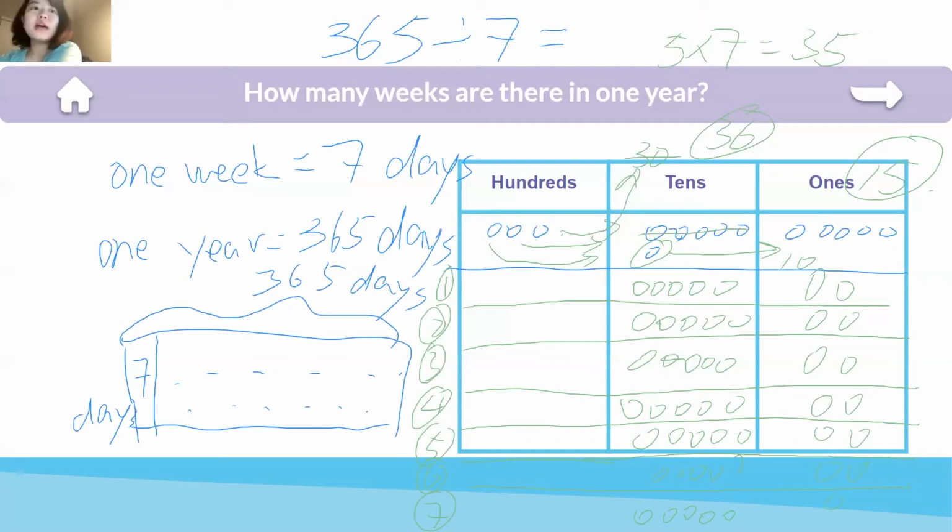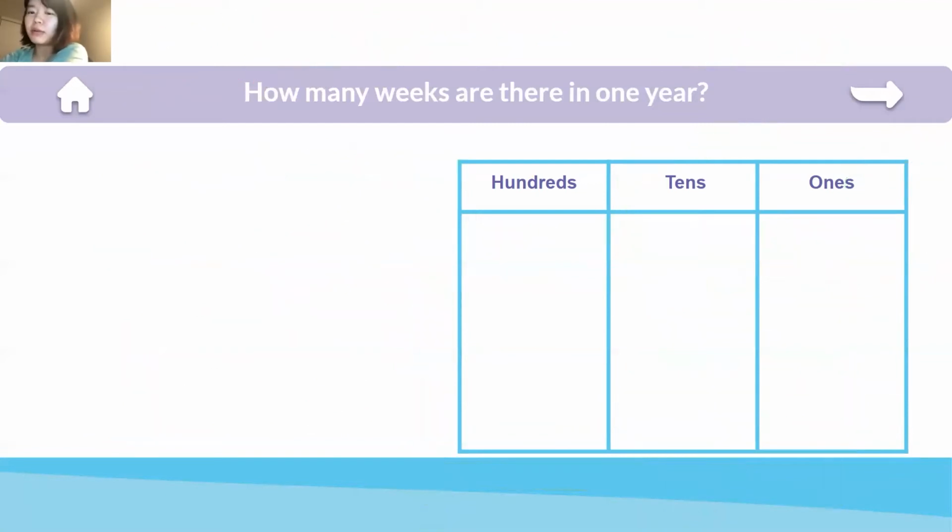Because 2 times 7, let me use this color, 2 times 7 equals 14. And 15 minus 14, the remainder is 1. So the remainder is 1. So what is the answer for this? Let me clean everything right here. So 365 divided by 7, our answer is,